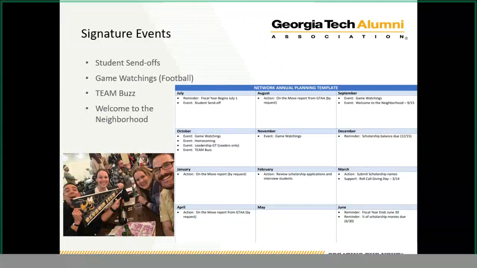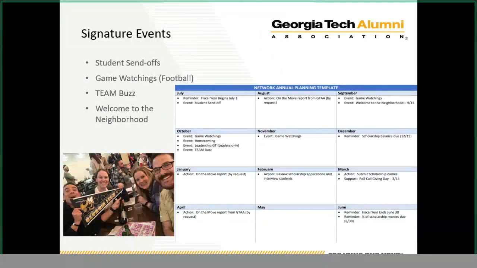But take a look at this template. Hopefully you can see it on your screen. If not, when you get a chance to look at that at the toolkit, we'll share those links and documents as well later. But does this calendar look like a typical calendar for your network? Maybe it has a few things that don't apply to you, or maybe these are just a few of the things that you host. Maybe you do far more on a regular basis. But already we have the beginning of a really great calendar if you haven't started one yet.